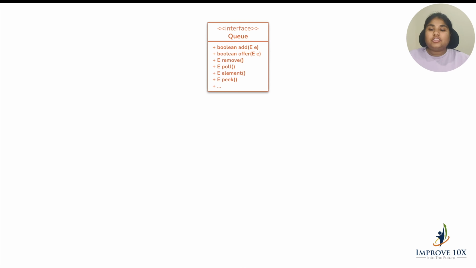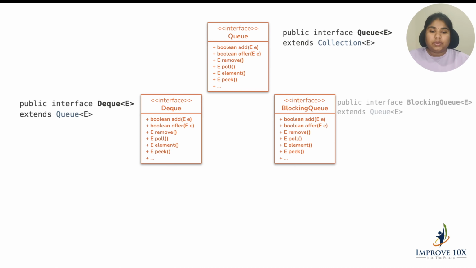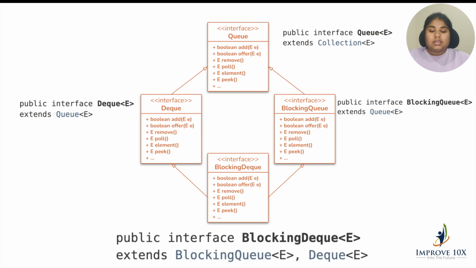Let us see in the Java collections interface, what is the signature? So here you can see that Q is an interface that is extending the collections interface as well. Similarly, we have DQ and blocking Q interfaces, which are extending from the Q interface, as you can see in the signature. Now, whenever we have a blocking DQ interface, we have the extends keyword followed by both the interfaces. So this is how we are achieving multiple inheritance, because it is extending more than one interface at the